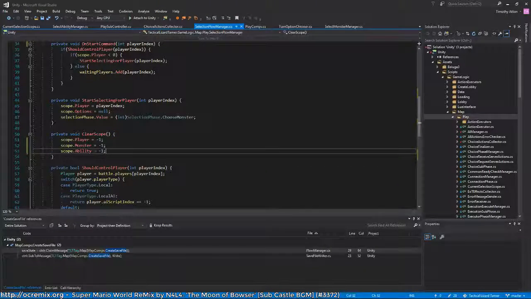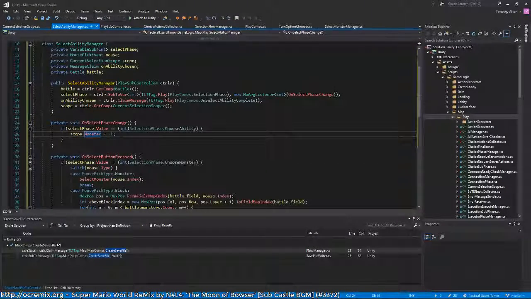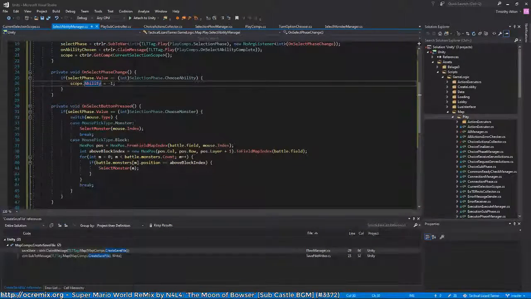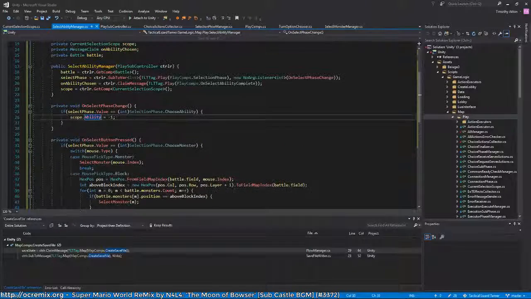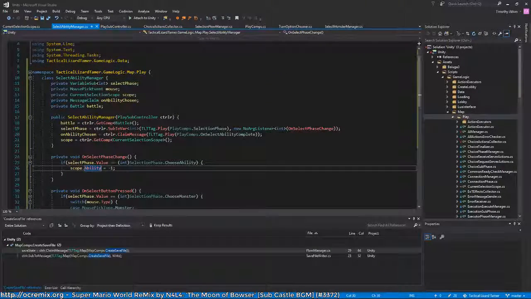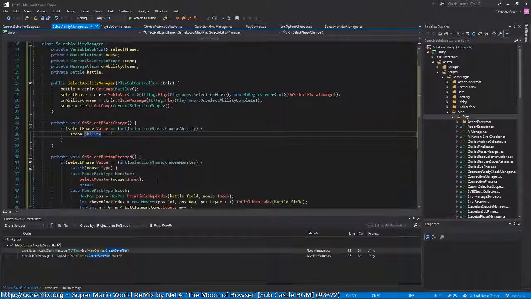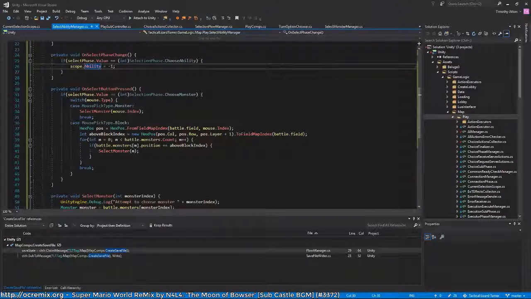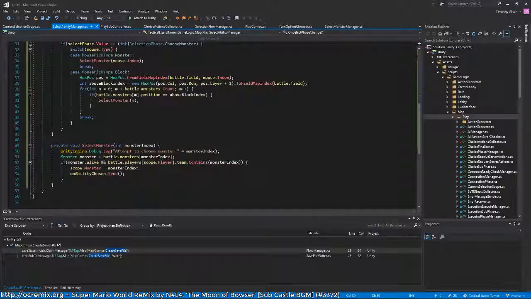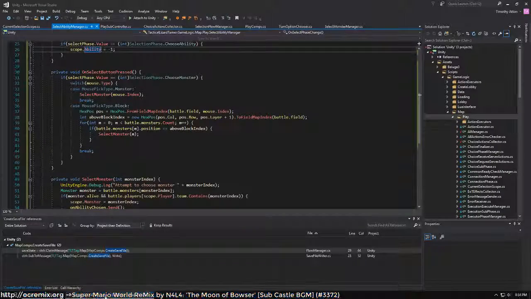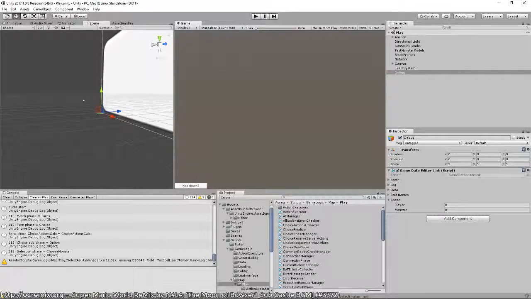Alright, there we go. And then on the ability manager right here, we'll also set it to -1 when we re-enter the choose ability. And here we'd also build a list, or somehow we'll create the ability interface. We'll need to think about that. This will actually be our first time to use the GUI in this project. Well, we have this small little button, but